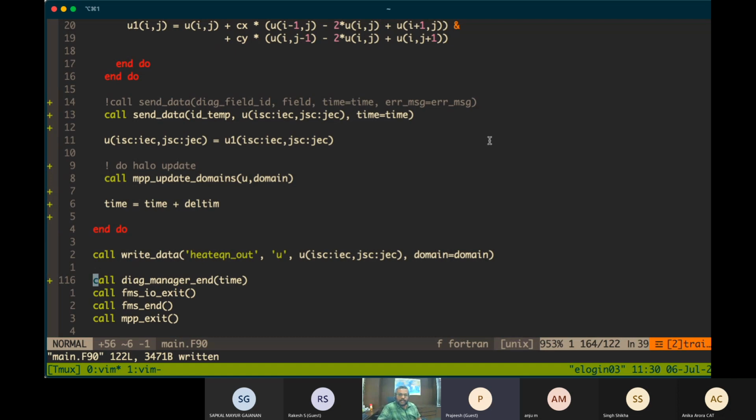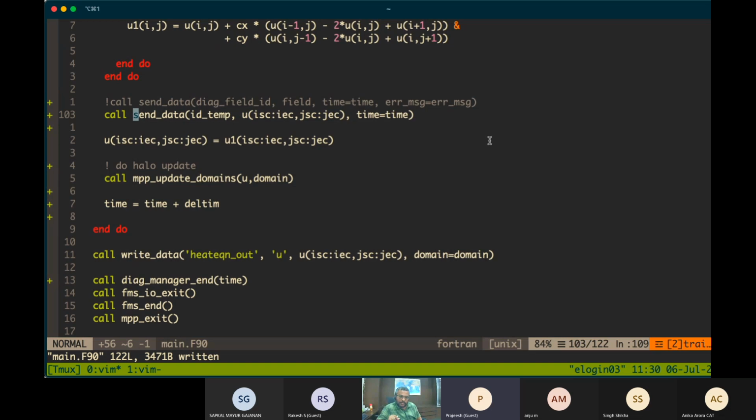So the DAG manager output writing so far we have not initiated. We only send the data and keep it in the DAG manager. No, actually the send data deals with that writing also. The send data writes the data also. So it does a lot of things actually.